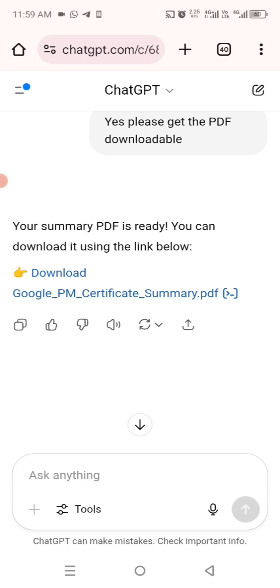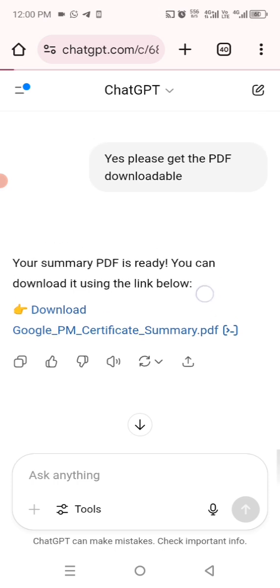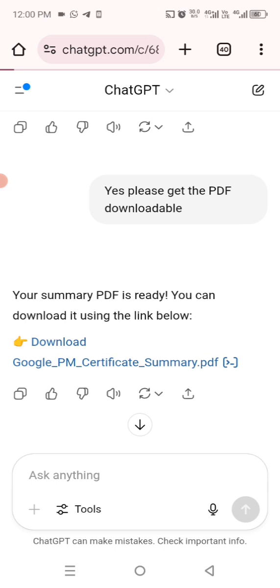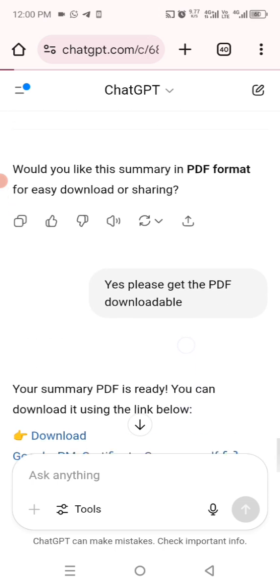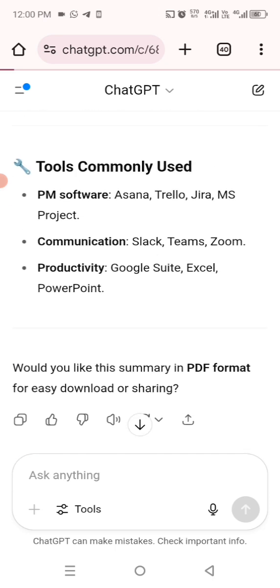and so here we have it. So we have the Google PM certificate summary. All right, so if we just click the download, it would go ahead and start the download of this Google PM certificate summary that it just did for us. Okay, now before we go to the next step, I showed you this step of how to get this transcript